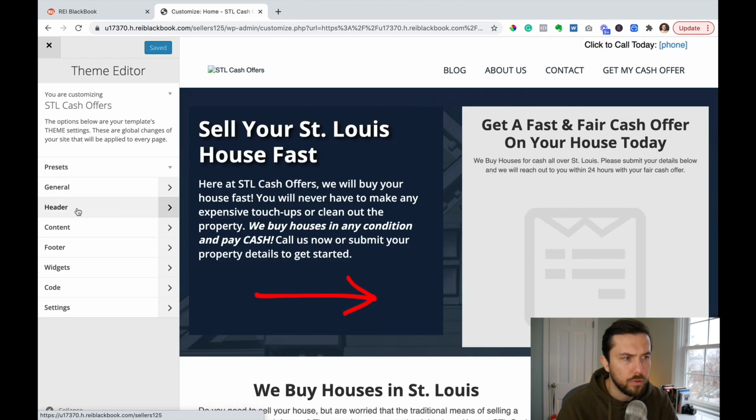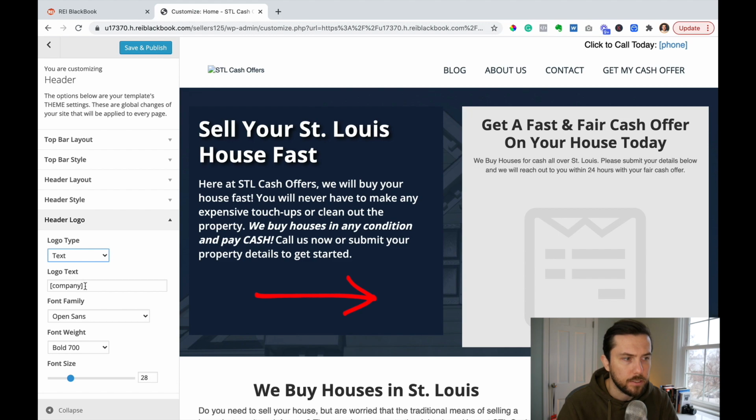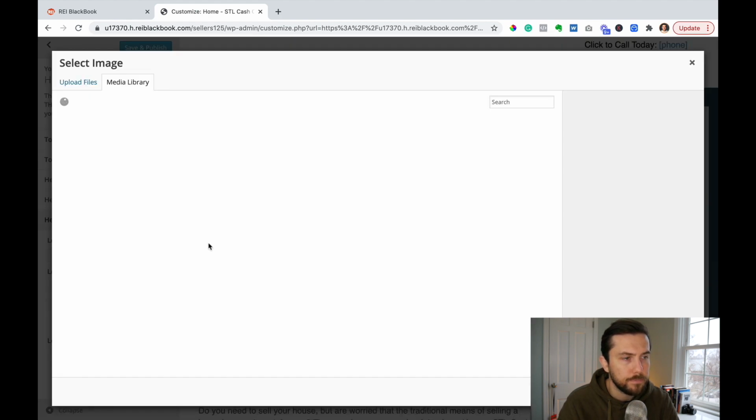So I'm going to go to Header and Header Logo. Now, if I don't have a logo, I can just use text, and it's going to automatically merge my company name in, but I can also just type in STL Cash Offers, and that will work just fine for now. If, though, you do have a logo that you want to add, we can do that. Just select the image,